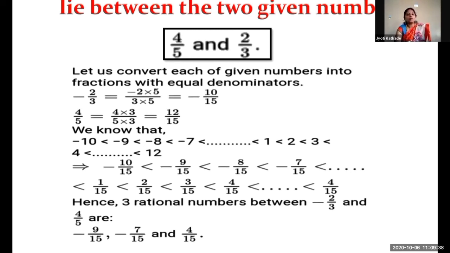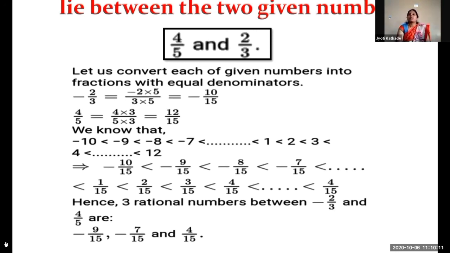I think all of you know the number line. When you see the number line, you can understand it. Numbers in between -10 and 12: which numbers are there? -9, -8, -7, -6, -5, -4, -3, -2, -1, and 0. After that, positive numbers are there up to 12. That is 1, 2, 3, 4, 5, 6 up to 12. These are all numbers in between -10 and 12.